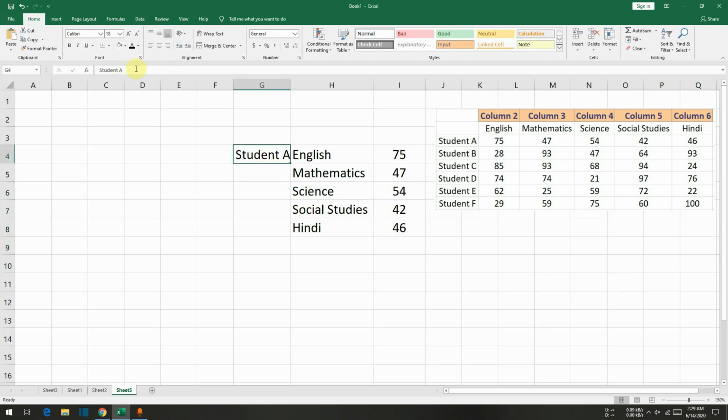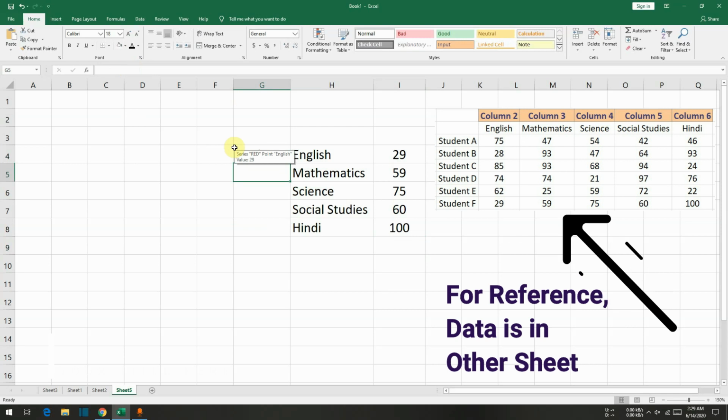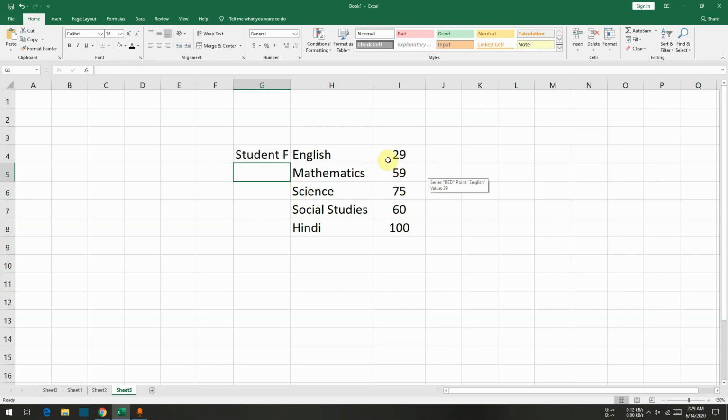So if I change student A to student B, I can see the scores are changing as per the student name. We can also check for student F. Alright, so this one is working. So using VLOOKUP, we have received the scores here as per the name of the student.